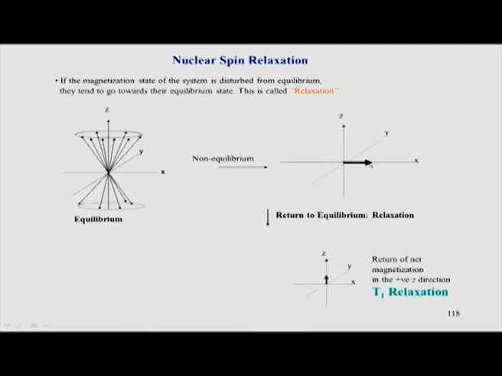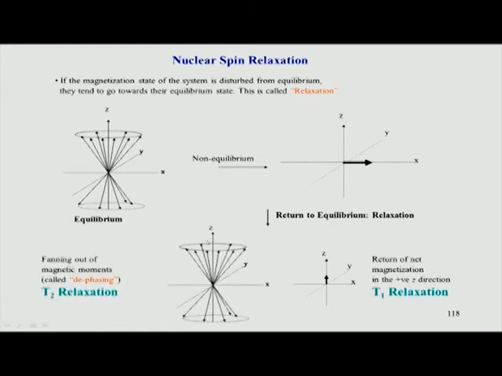So, when this vector goes towards this way, remember the motion is never like this, it always comes like this and then goes up. As it is going this side, it starts building up on this side. Simultaneously, when it is coming this side, the other goes up, and that process of building of the magnetization along the z axis is known as T1 relaxation. And there is another process known as T2 relaxation, which is called dephasing.